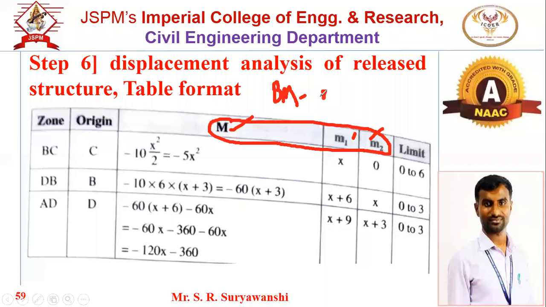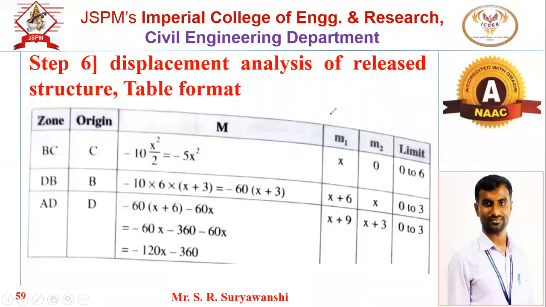You can note it down: bending moment. What is M? It is the bending moment at a distance x from the origin. Capital M, M1, M2 dash, it is the bending moment at a distance x from the origin, in the respective diagram. Where to take the section? In the respective diagram. If we want capital M, take the section in the M diagram. Where to take the section? In between BC, and that x distance will be from the origin C.